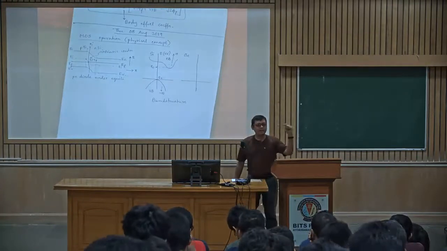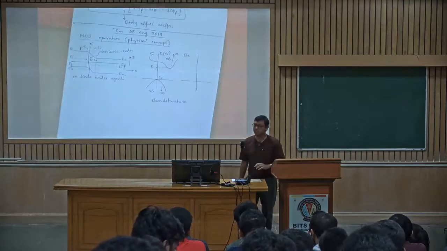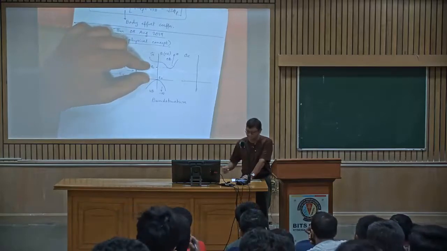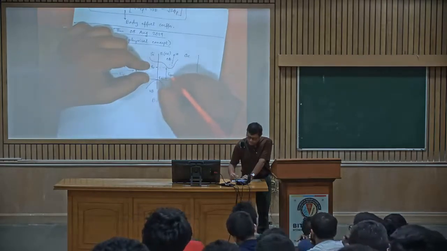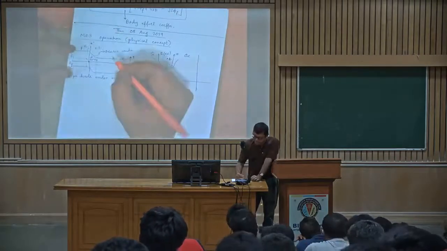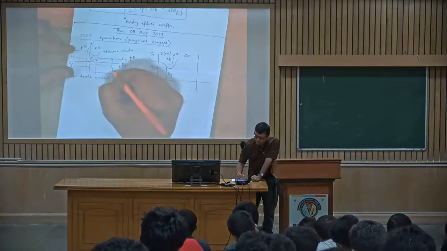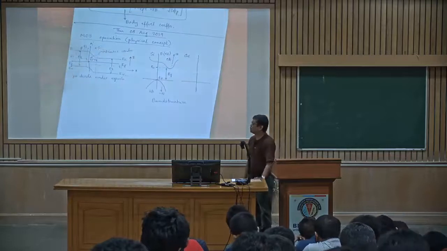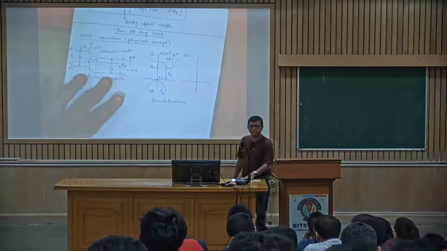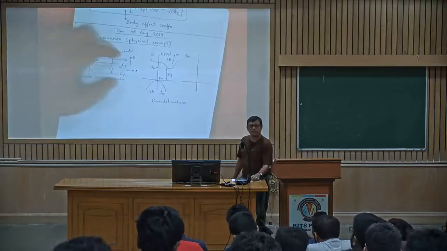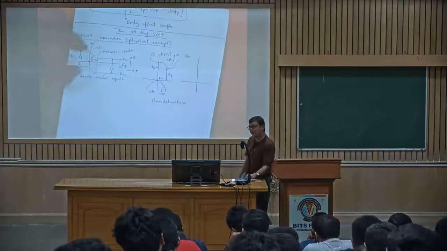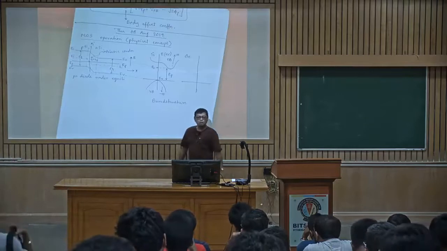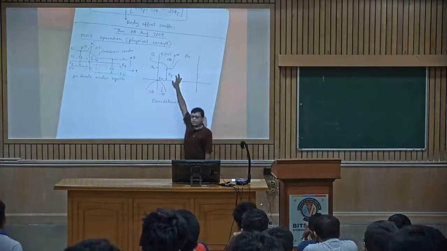So the first thing that we understand from the band structure is the difference between EC and EV. What is it? The band gap, EG. So from here to here is EG. That is exactly what we have been doing all throughout in the ED course. Notice in this particular situation, for the PN junction, which is a simpler one, we have the same material on both sides, but we have doped it separately. So essentially the band gap remains the same. In the case of a MOSFET, that is not going to happen. We will see that later. So the first thing that we have got is EG.